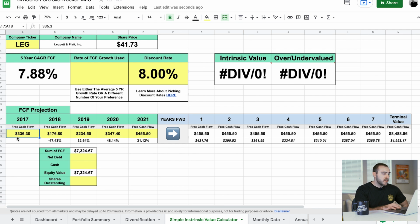All right, guys, now we have put in the free cash flow for the last 5 years, 2016 to 2020, and that gives us a 5-year CAGR on the free cash flow of 7.88%. So just for kicks, we're going to start out by putting that right in there, and that's what we're going to use to project the future free cash flows for this company. And then we'll see what it comes out to, and then maybe we'll adjust and see how that affects the